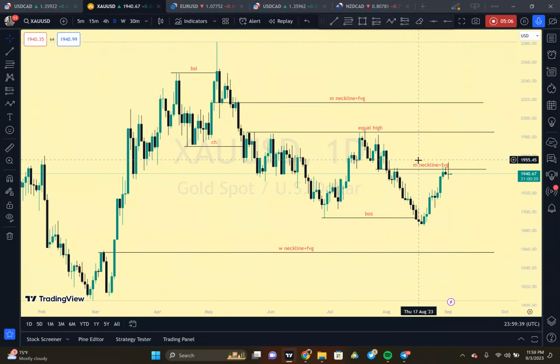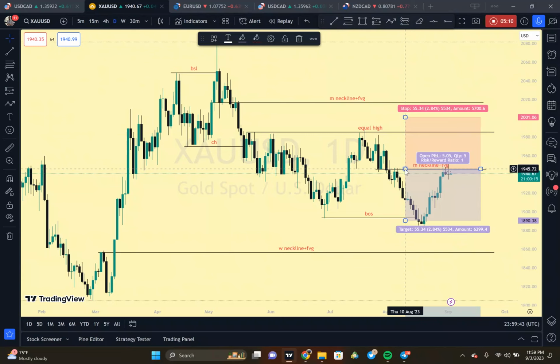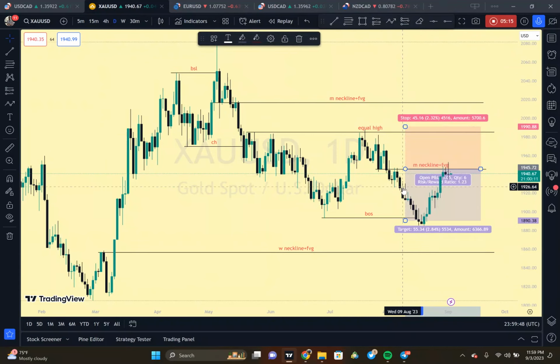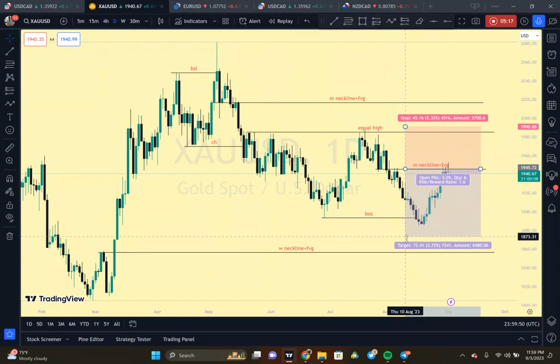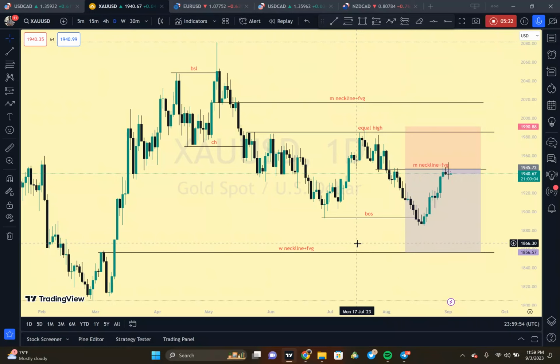But right now, at this particular price point, since price has mitigated the neckline, you could equally do what? You could equally short the market from here and have your stop above this high and target this particular neckline here. But that is not smart. That is not a smart way to trade it. The smart way to trade it lies in the lower time frame, which I will not be sharing in this particular video because that one is reserved purposely for those I am currently training in my mentorship.